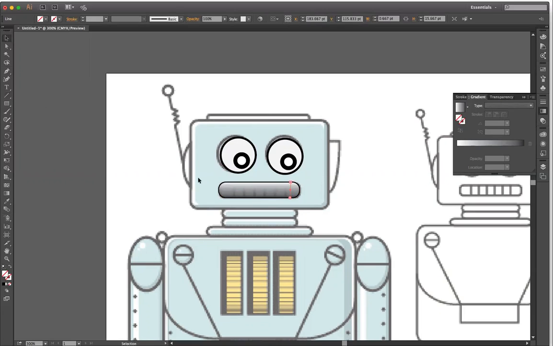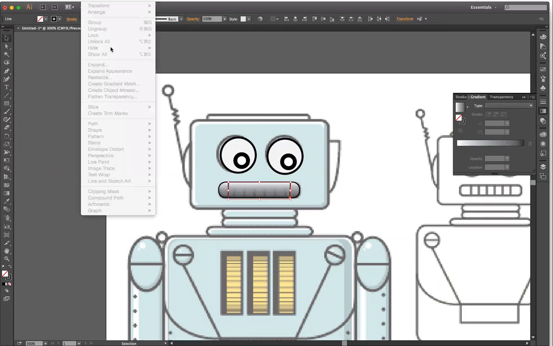Get my black pointer. Make sure they are both selected. Make sure that it is a black stroke, and a 1-point stroke should be good enough. Then Object,